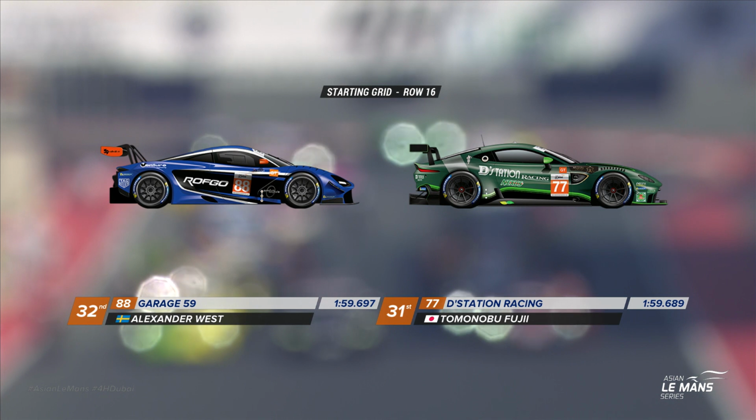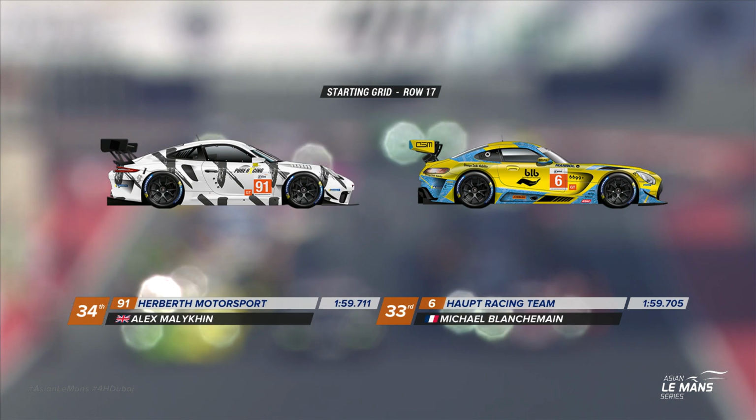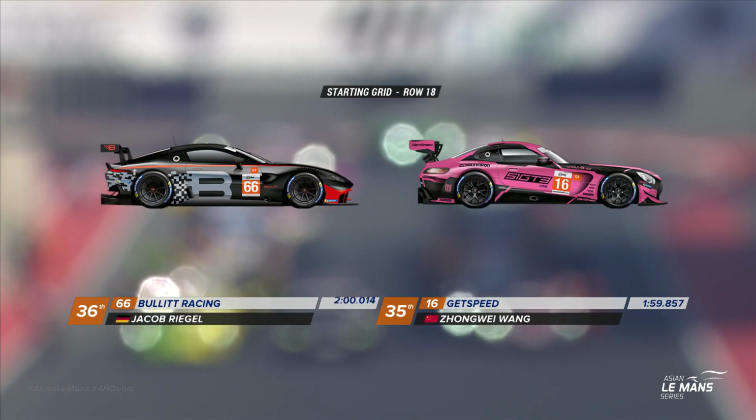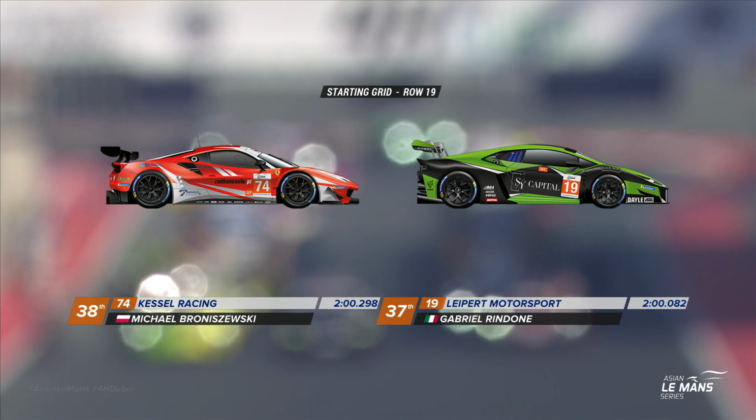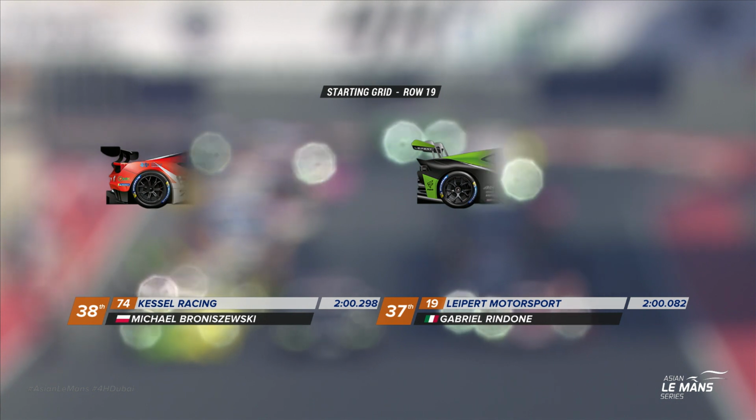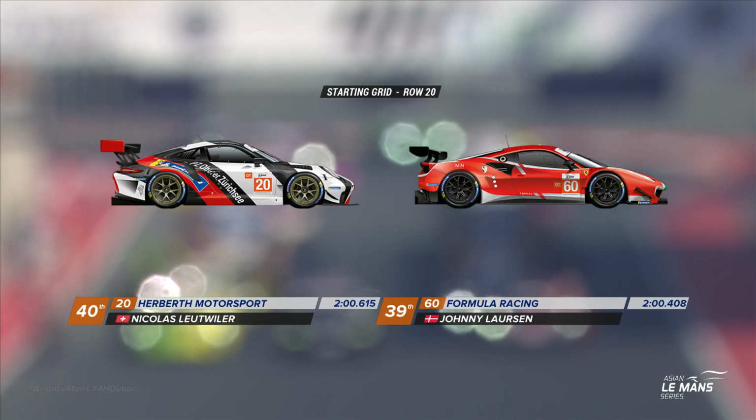into Aston Martin country and the 77 D Station car and the first McLaren, the number 88 car from Garage 59. Row 17 Haupt Racing's yellow and blue AMG and the number 91 Herbeth Motorsport Pure Racing Porsche, then the bright pink Mercedes AMG from Get Speed and Bullet Racing 66 Aston Martin. Row 19 is the solo Lamborghini from Leipzig Motorsports and Castle Racing 74 Ferrari, another Ferrari 60 from Formula Racing